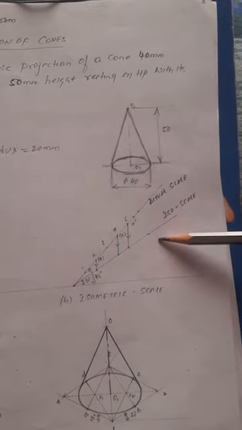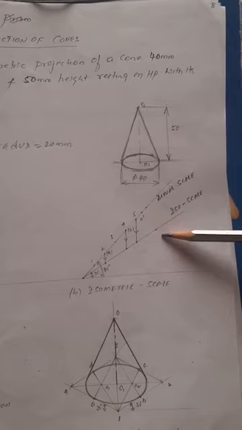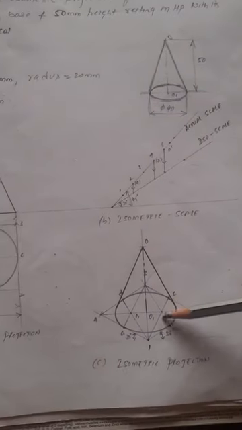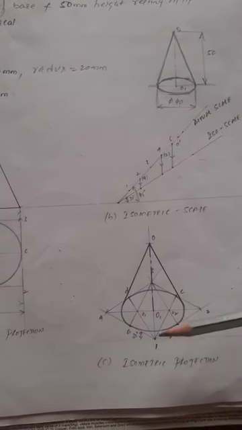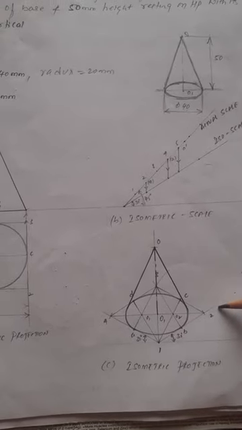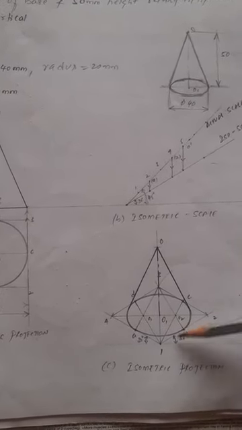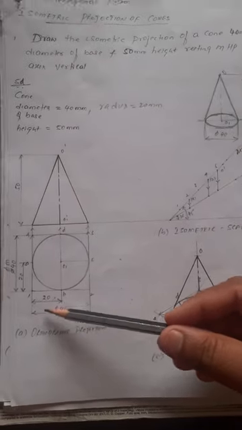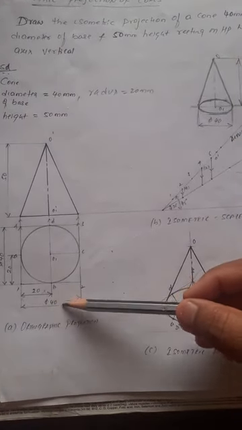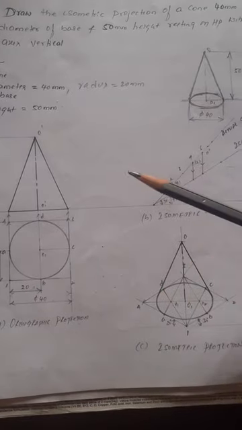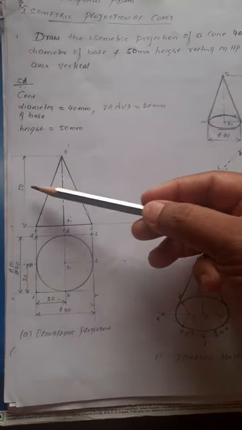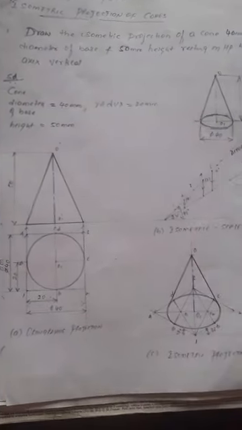Then you go for the isometric scale, right? Already we know that it is better to draw this on an ISO sheet, easy to draw. Instead of a white sheet, if you have an ISO sheet, then draw on the ISO sheet, easy to mark here, because 40 means 4 boxes, 20 means 2 boxes, right? Then 50 means how many boxes you consider? Only 5 boxes on the ISO sheet, right?